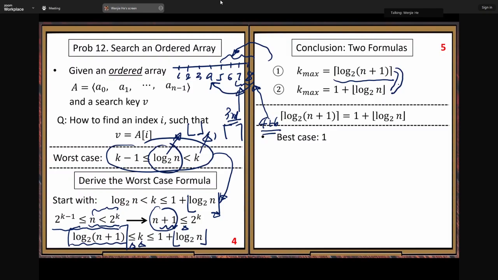The best case is always 1, right? After 1 comparison, you hit it. You're very lucky. The best case could happen when V equals the median. One comparison, you're done. Hit it. Okay, all right. Next question. After we get the best case and the worst case,